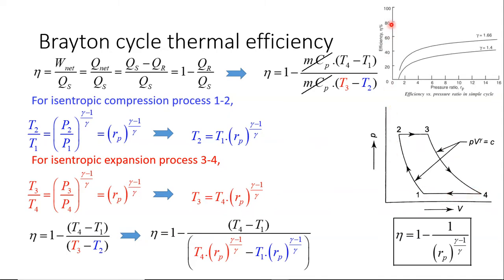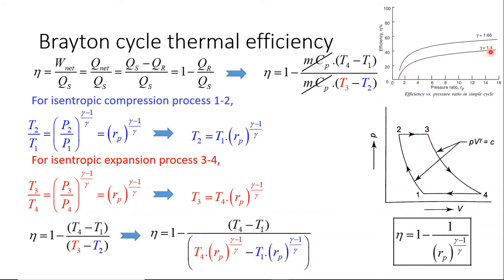Now, this is a graph which indicates the Brayton cycle efficiency versus pressure ratio. Here you can see pressure ratio is there. This graph has been drawn using the equation which has been derived over here. You can see as the pressure ratio increases, the efficiency increases. The pressure ratio is in the denominator, so if it increases, this part will decrease. So 1 minus a smaller value means a larger value, so efficiency increases. Okay, now here you can see we have two curves.